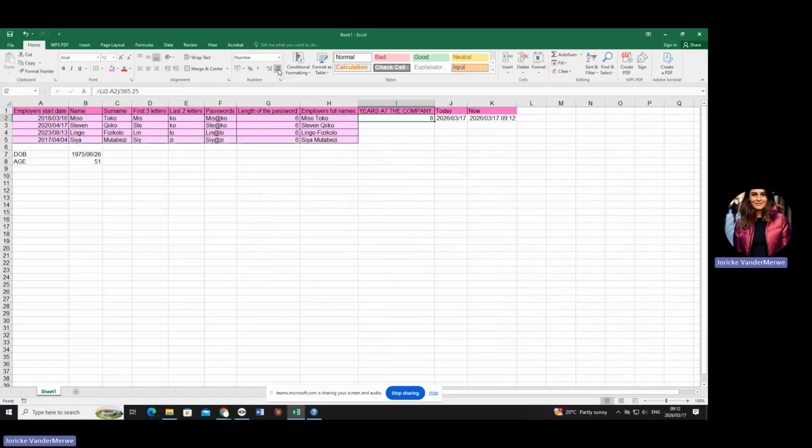I want to show you something now. If I autofill it now, look at what's going to happen. Why did it go into a negative? Look here. Where is my today's date? In J2. Can you see that? What does it take for the second one? J3, which is blank. And so it will go on. J4, J5. So what must I do with that today? Is today not going to be the same for each of the other three too? Yes. It's not the same day. Today is today is today.